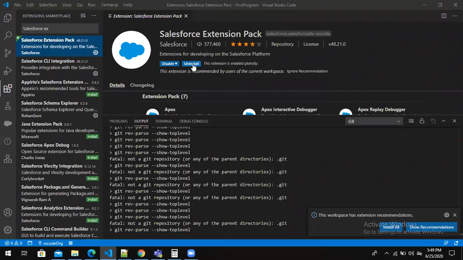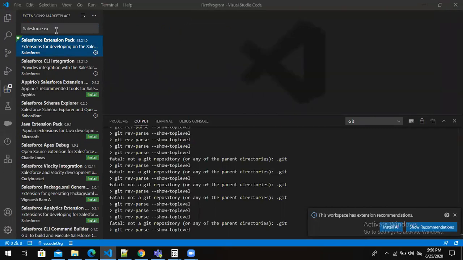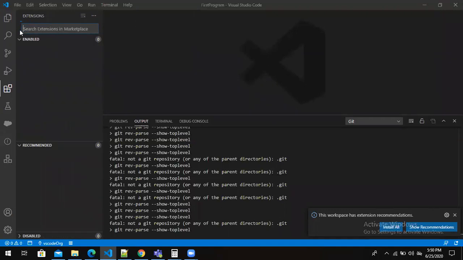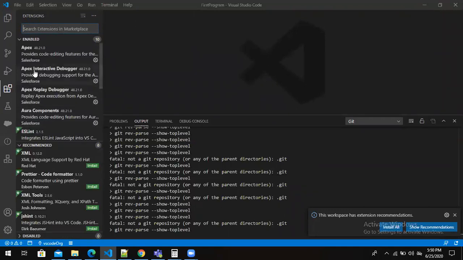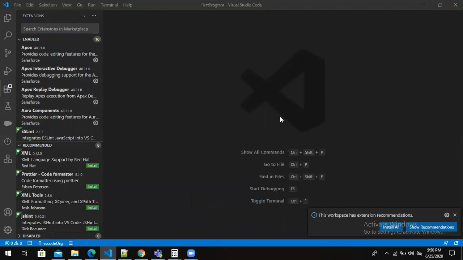Currently I've installed it, that's why I'm able to see the uninstall button. You just need to click the install button, and this will install the Salesforce extension pack. Once you're done installing the Salesforce extension, we're good to start writing LWC components.